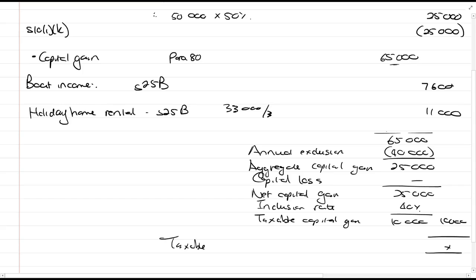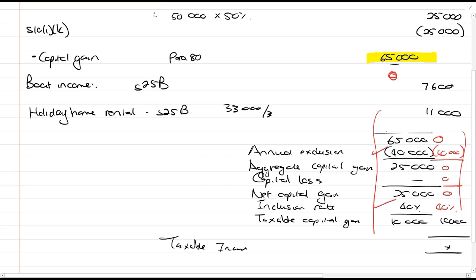Remember, guys, my recommendation to you is if there was a CGT disposal in the question, but instead of 65,000 you thought it was nil, I would recommend that you would still write this out at the end of your question. You would just use nil, you would deduct 40 from that. It doesn't become negative, remember, it's just an exclusion, so it stays nil, and then you write 40%. Because if you missed the CGT, the solution is still going to contain marks for these annual exclusions and the 40%. But if you just leave this whole calculation out, you throw it away. So rather just put down the structure. Put down the marks that you know you can get.